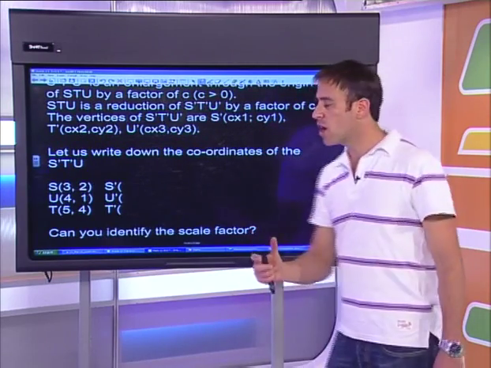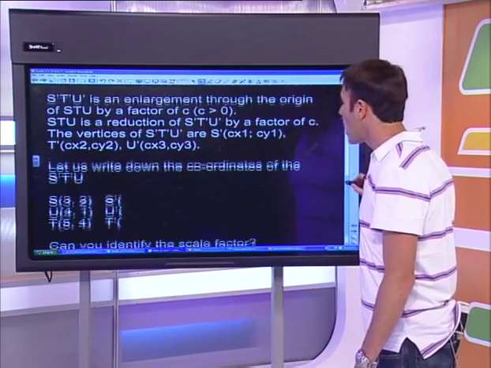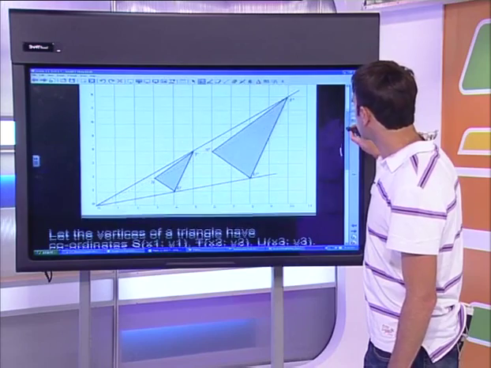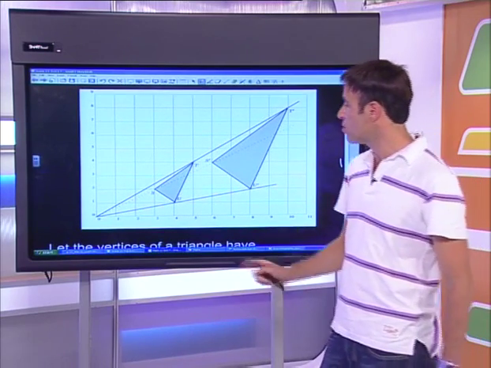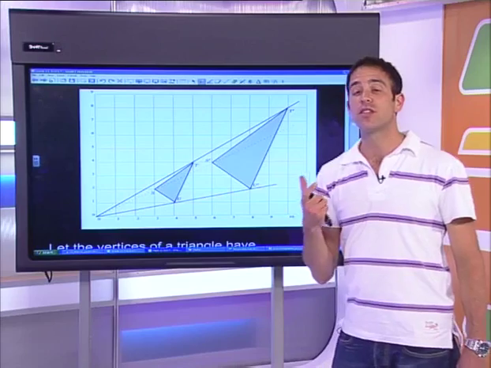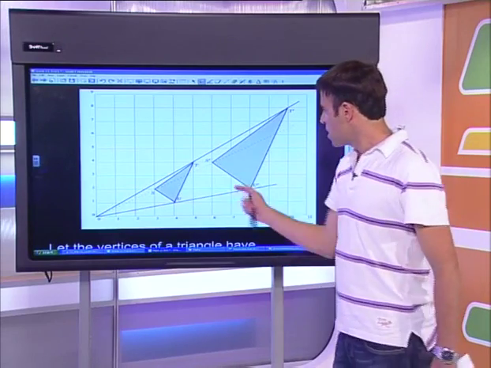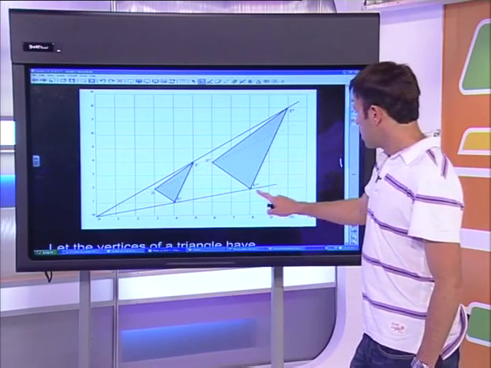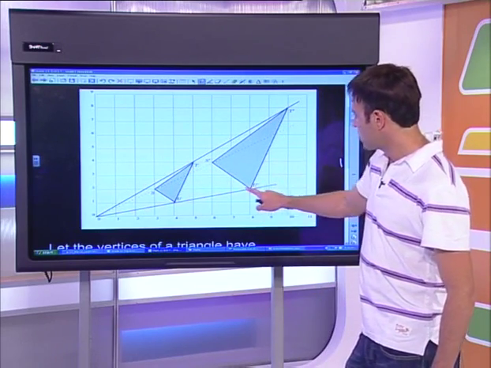So the first part should be really straightforward. Obviously, if those of you didn't manage to draw the picture accurately, that would be a problem. But we can talk through the coordinates quite quickly because we can just read them off. So U is (4, 1), S is (3, 2), and T is (5, 4). After the enlargement, S has become (6, 4). U has become (8, 2),